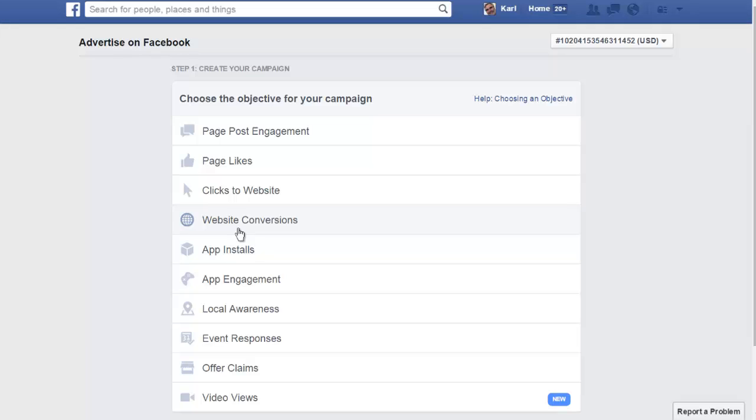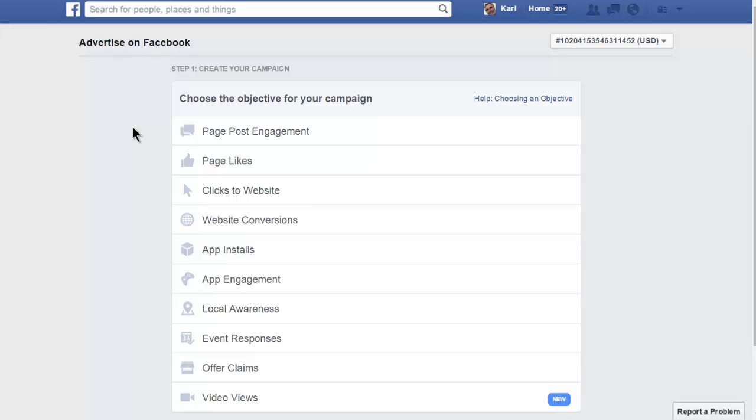Once they subscribe to your email list, they're forwarded to a secondary page, or once they make a purchase, they're forwarded to the checkout page, for example, or to the thank you page for purchasing. You can put a piece of code on there that Facebook gives you, and Facebook will track your conversions. Now, the reason why they give you these objectives is that Facebook's computers actually help you optimize your campaigns, your ads,